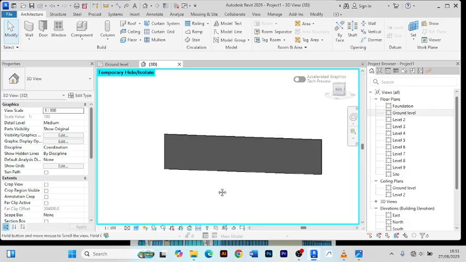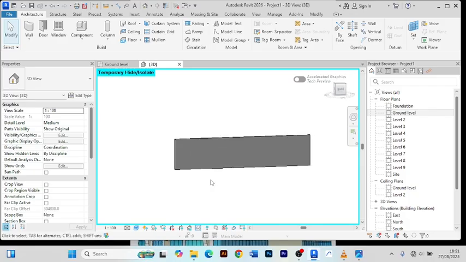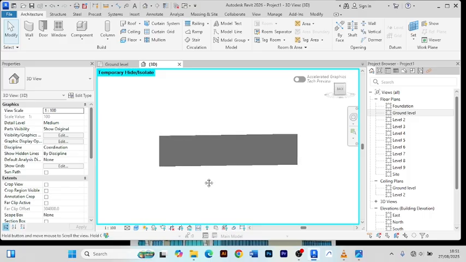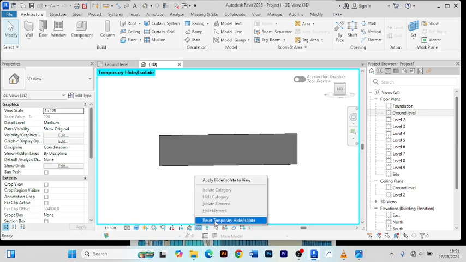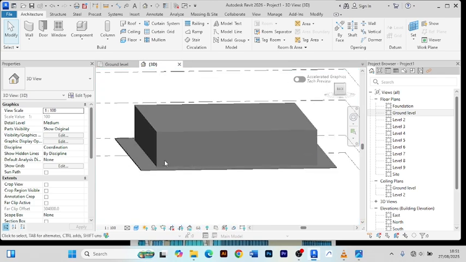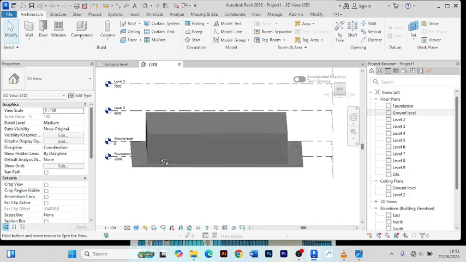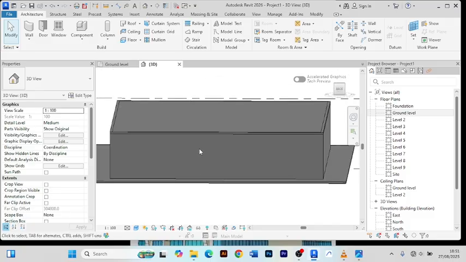Now here you can play around with the wall the way you want. See that? Now we're going to create some curtain walls here. But I think before we create this curtain wall, we need to create something that is going to look like a door. Let me first reset. We need to first create something that looks like a door here, so that we can know exactly where to create our